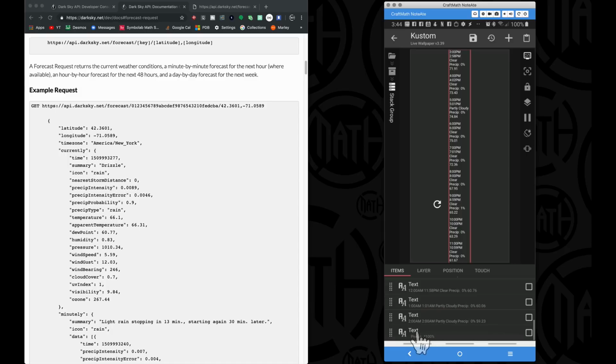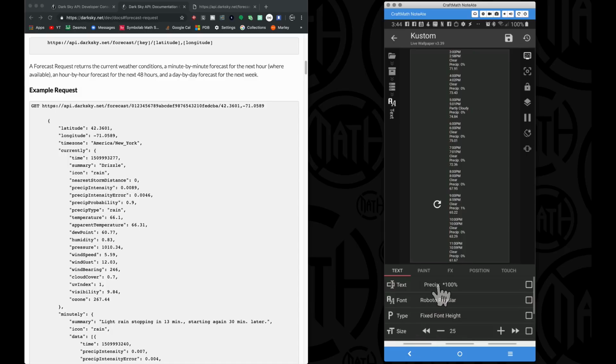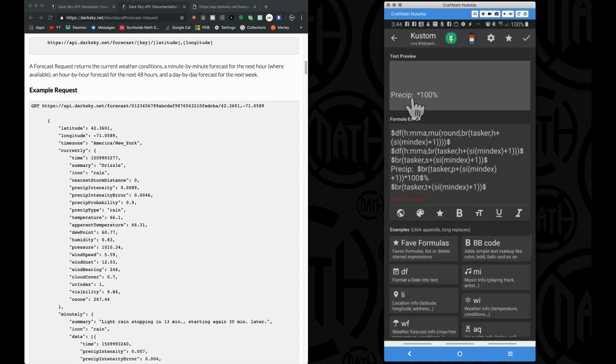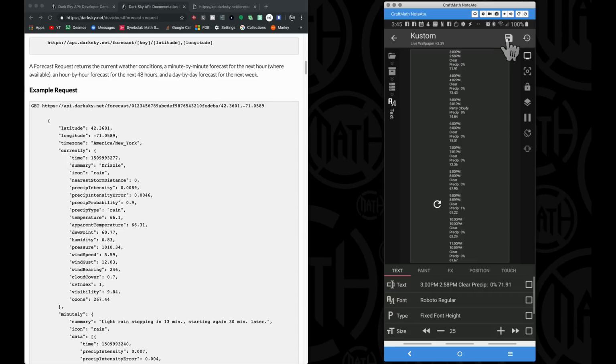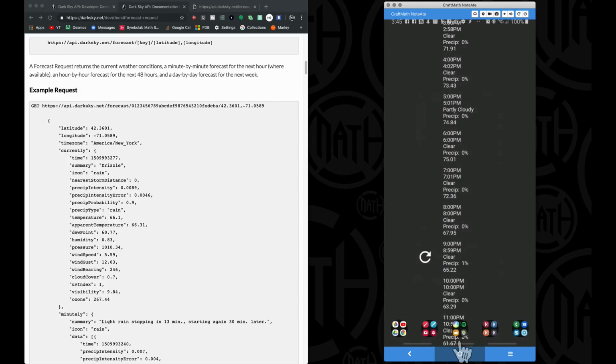And if I scroll down here to that 13th one and I go into that text item, we're not going to see the same stuff. And that's supposed to happen because I'm telling Tasker to only get the next 12 hours' worth. So I'm just going to save that, go back to the home screen, and some things I want to